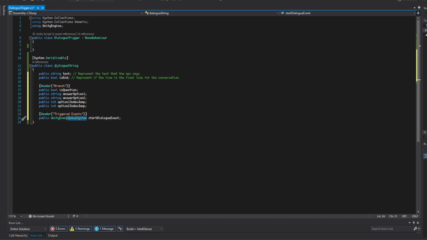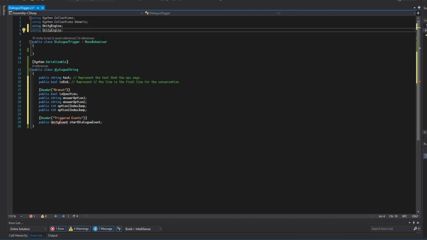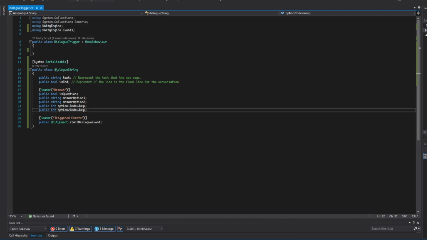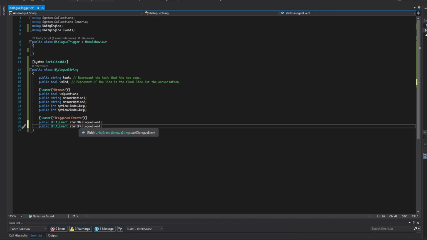You can see that mine has been auto-corrected to something else. That is because we haven't come up to the very top to our libraries and added a using UnityEngine.Events, and this will allow us to actually create these public events. And then again, I'm just going to Ctrl+D to duplicate, and I'm going to call this second one end